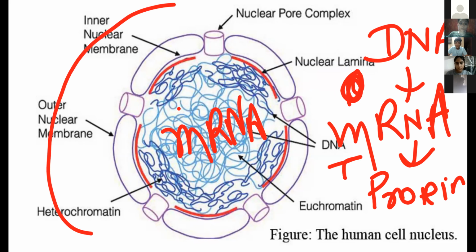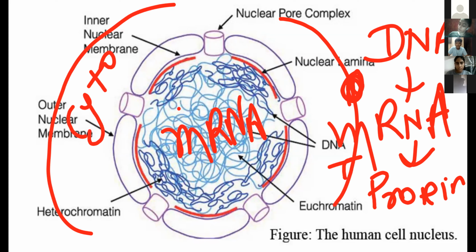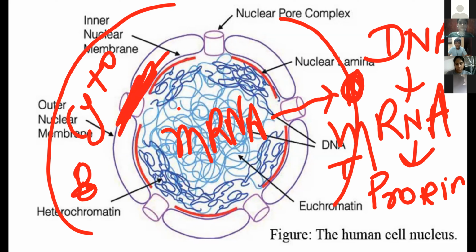This one is the cell. Right? So ये cytoplasm है. Outside nucleus तो, that's the cytoplasm. So here ribosomes are present, associated with endoplasmic reticulum, that help in protein synthesis. So this mRNA should come outside. mRNA nucleus से बाहर आएगा cytoplasm में, तभी तो protein form होगा. Yes or no? Okay. So वो बाहर कैसे आएगा? If this membrane is fully enclosed, then how will it come outside?